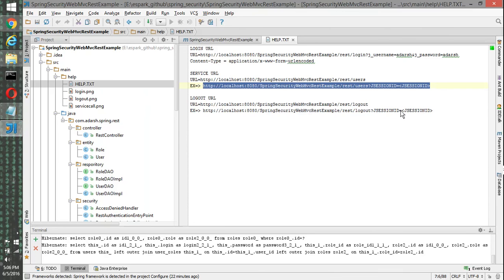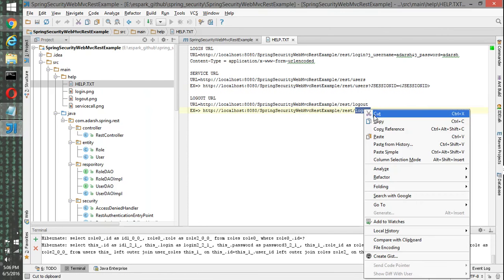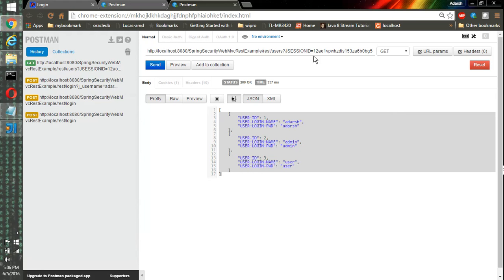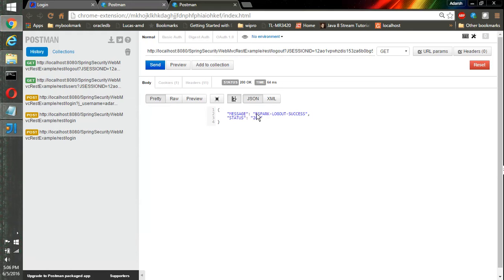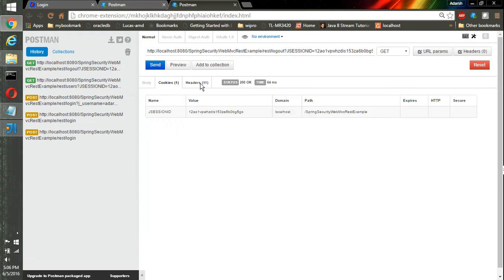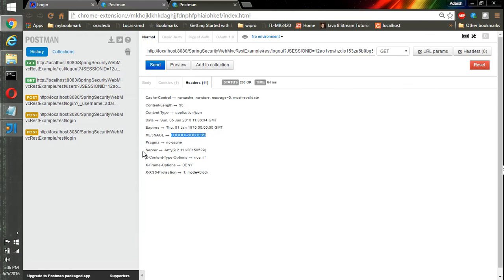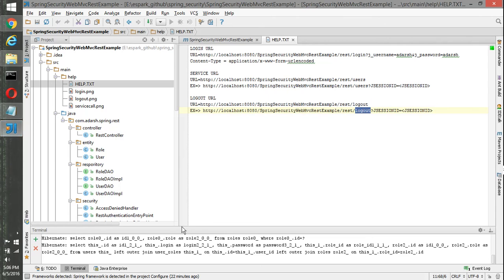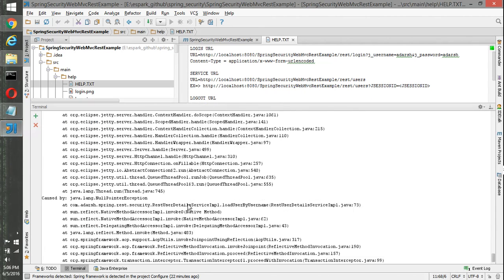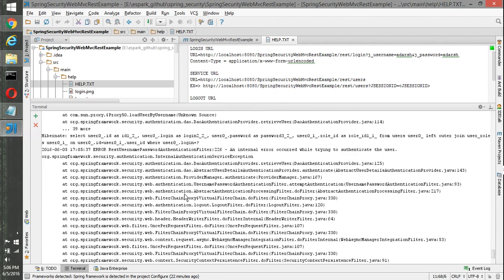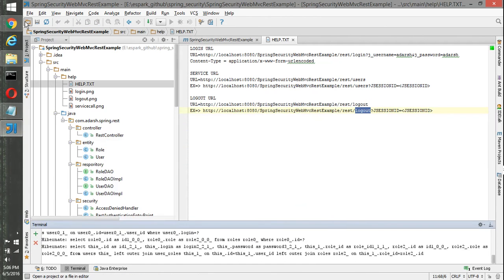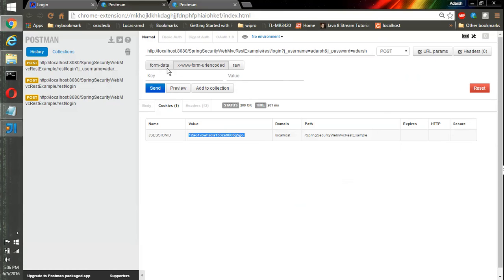And then we have a logout. So in the same request, if I say logout, it's going to log out. So here you can see logout success and all. You can see the messages. This is because of the authentication handler, when I hit the request with form data without the form URL encoding.